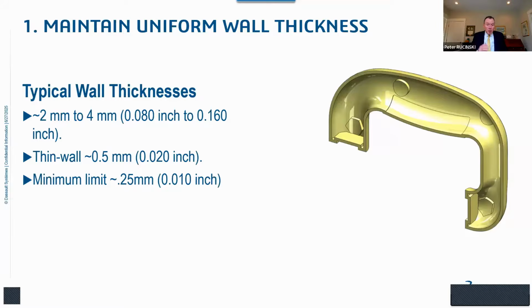You can certainly have much thicker parts than 4 millimeters or 160,000ths of an inch. You could have parts that are 5, 6, 7, 8 millimeters thick, maybe even more than that. And no real problem with that. But you just have to understand that, number one, cycle time will go up exponentially. That's because your cooling time will go up exponentially as part wall thickness increases. But again, on the other hand, I mentioned this earlier, for certain types of applications, you may need a thicker part for that geometry and material combination to meet your end-use application requirements.